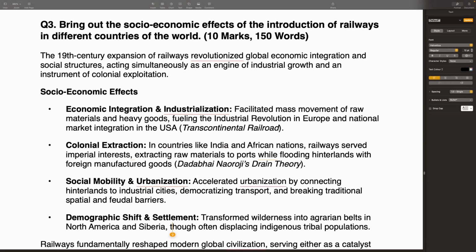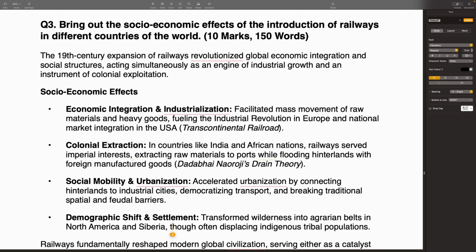Bring out the socio-economic effects of the introduction of railways in different countries of the world. The 19th century expansion of railways revolutionized global economic integration and social structures, acting simultaneously as an engine of industrial growth and an instrument of colonial exploitation. Socio-economic effects: economic integration and industrialization facilitated mass movement of raw materials and heavy goods, fueling the